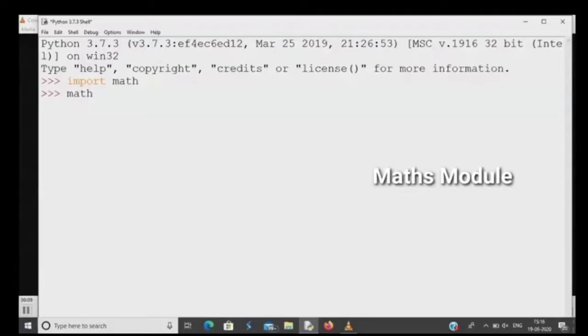What is a module? A module is basically a file which contains one or many functions related to a particular task. For example, math will be a module which has some mathematical functions that we are going to use. So in the first line I have written import math, so that module will be added to my program at this instance only. Whenever I need to use it, I have to write import math. Then I will start the math module based functions.